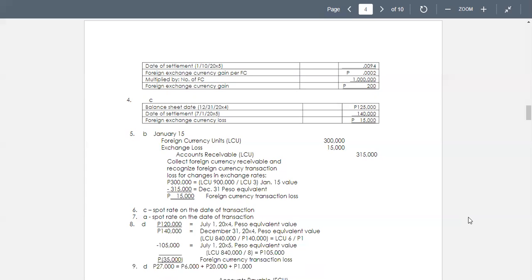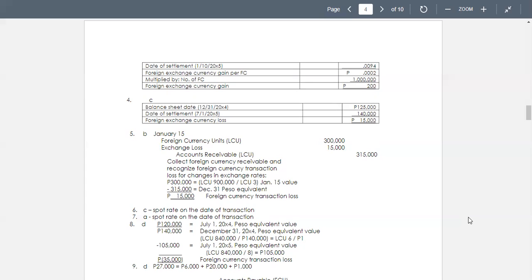Then on December 31, 20x4, the peso equivalent value is equal to 840,000 LCU divided by 140,000. That gives LCU 6. Okay, LCU 6. And 140,000 minus